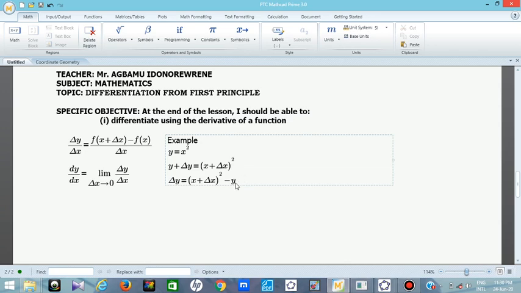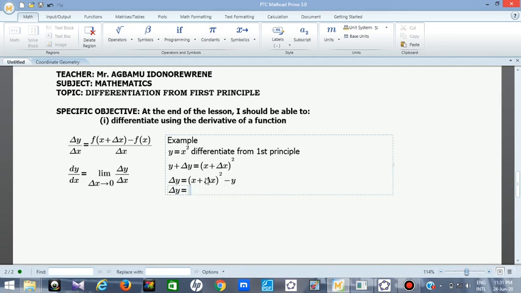Since y is x squared, this is what they asked us to differentiate. Remember they said differentiate from first principle. Let me put it in statement: to differentiate from first principle. So that is what this question says: y equals x squared, differentiate from first principle. That's why we are doing this. Then we just take y to the other side of the equation. You have this. In your next step, delta y will be equal to